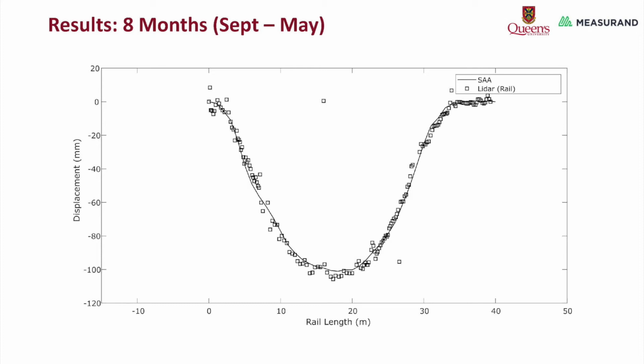So again, very consistent results between the LiDAR and the ShapeArray. Again, the occasional LiDAR point gone astray. But we can see that the data from both sets of monitoring systems are within 7 millimeters, and we can see the advantage of the ShapeArray system in terms of capturing that overall displaced shape,